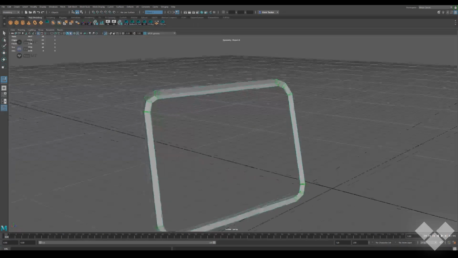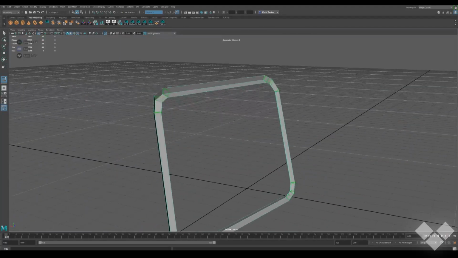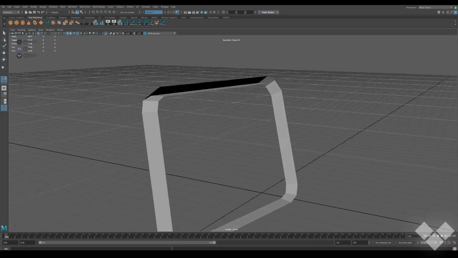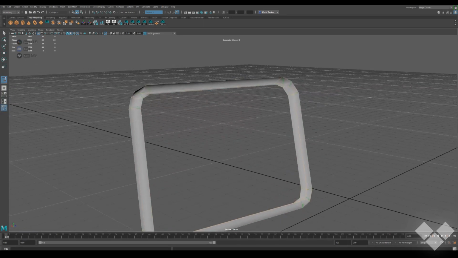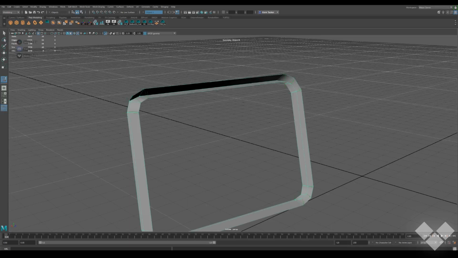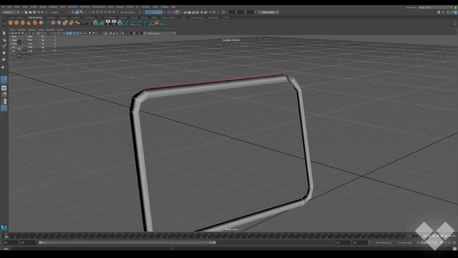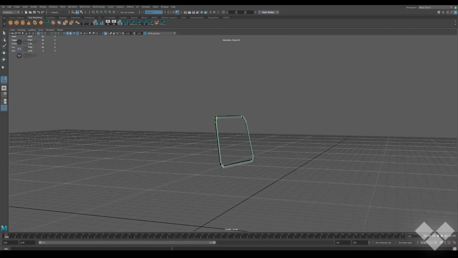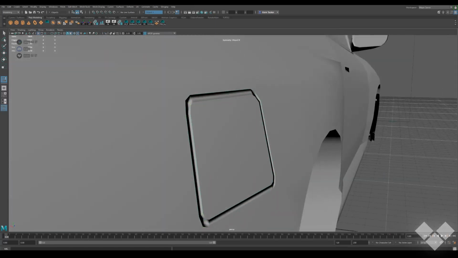So let's take a look at the vertex normals while I do this. Right now the vertex normals are green, meaning they are not locked. I will soften all the edges, make only this hard. Right now we are seeing that inset effect. Then I'll go to lock the normals and remove, and we have our inset effect. So even though this is a flat plane, the vertex normals